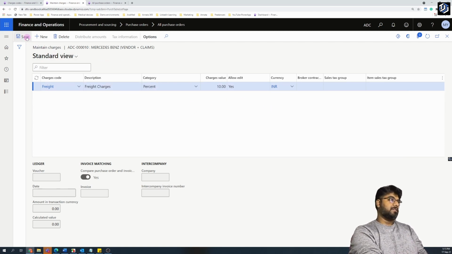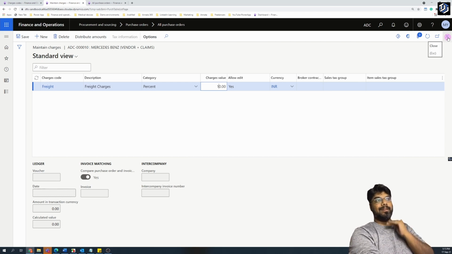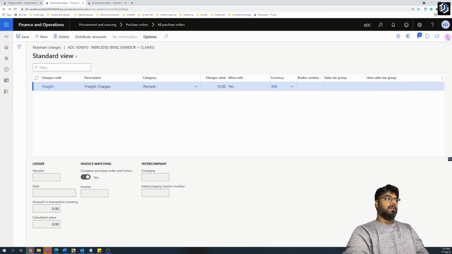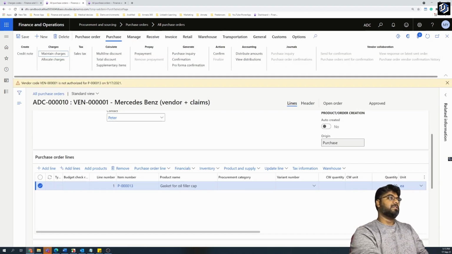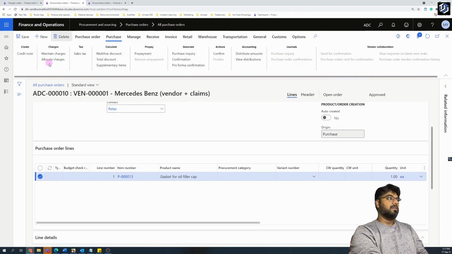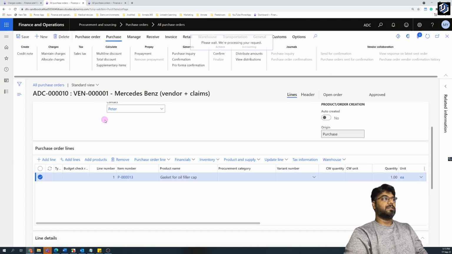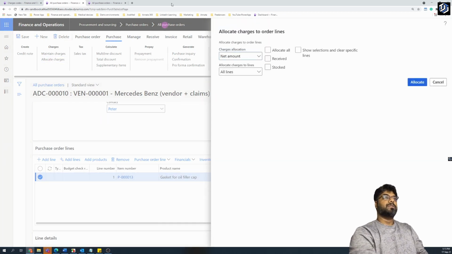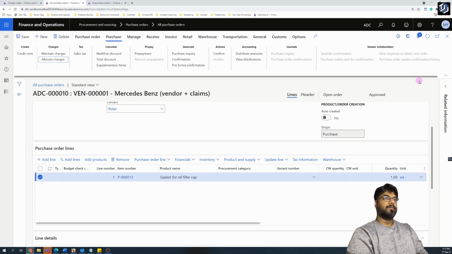And this is just a very simple setup, and it's done now. This is a manual process, that's why we are keying in manually. An automatic process doesn't require keying in manually. We will look into it in the next episode. And just close it and allocate it to all the lines and click on the allocate button and